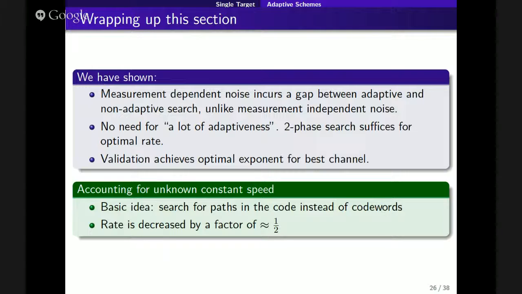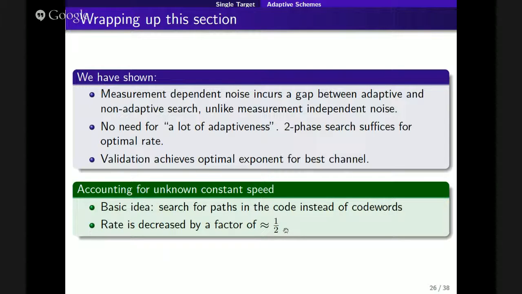So in this case, I won't get into the details, but basically, before we looked for the most likely row in our code book. When there's constant speed, we will look for the most likely trajectory in the code book, say a diagonal in the code book. So just to give it, what we get is, once you don't know the speed, if you know it's constant but you don't know the speed,